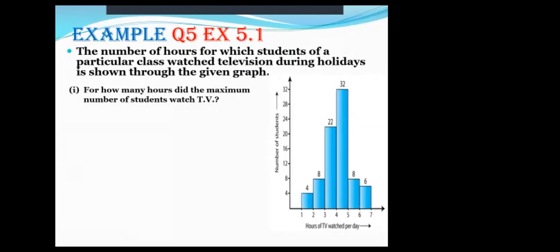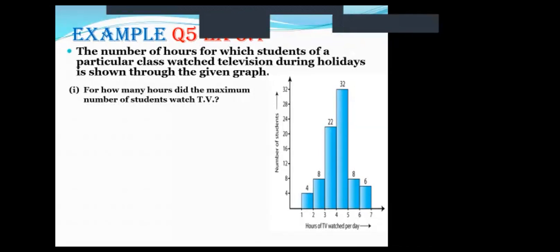Shivansh, reply to this then. For how many hours did the maximum? ये कैसा बार ग्राफ है? This is a histogram. ऐसे कोई गैप नहीं है? This is a histogram. अभी तो बताया आपको हिस्टोग्राम में कोई गैप नहीं होता ना बेटा. Right now I told you. It means that for 1 to 2 hours 4 children watch the TV. 2 to 3 hours 8 children watch the TV. 3 to 4 hours 22 children watch the TV. Like this. Okay. Now I understand.